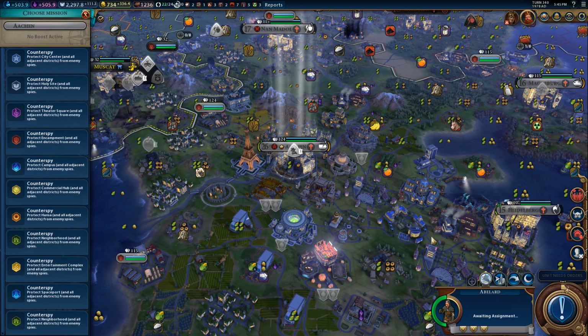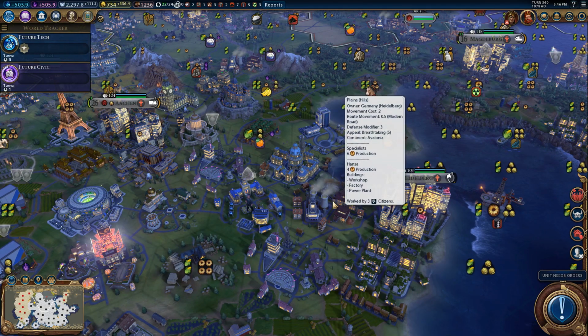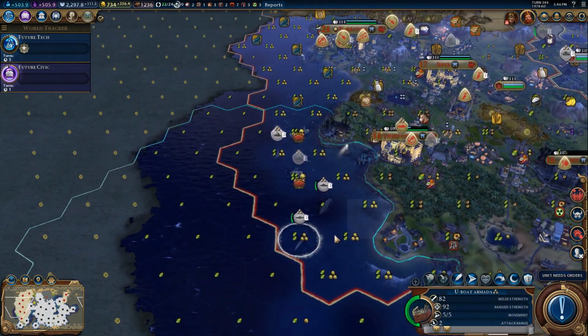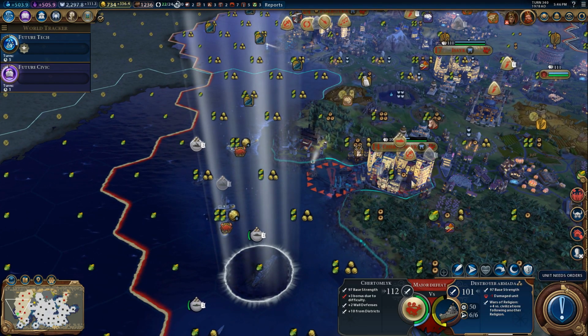Did we have you in the campus, I believe? You're guarding a bunch of districts there? Yeah, counter spy right there on that campus. Now this U-boat Armada, that's right, we're firing on Turtlemilk here. And if we fire just...